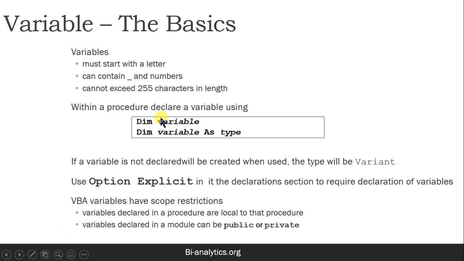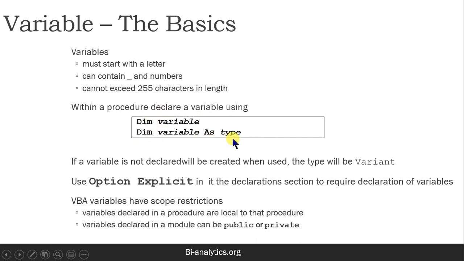But if we write Dim TaxRate As Single, the computer will know that TaxRate is a variable and we have to store the Single data type. Don't worry, I'll now start writing a program and we'll teach you everything in the next 10 minutes.